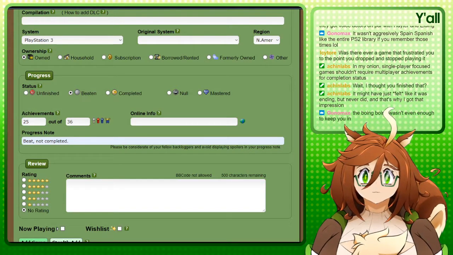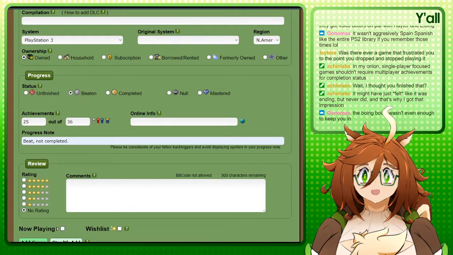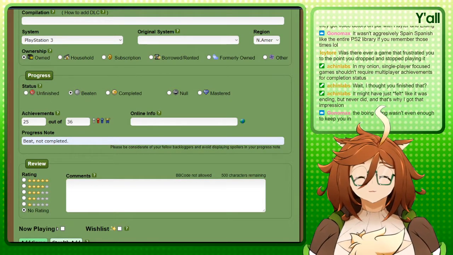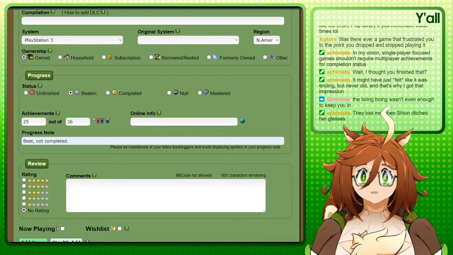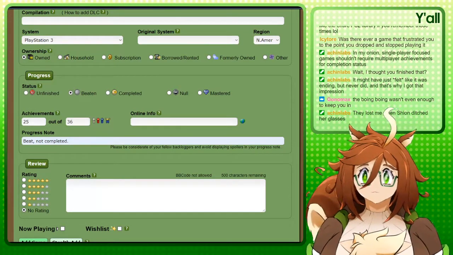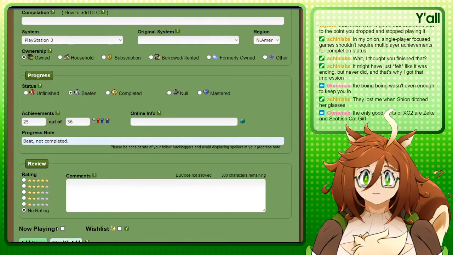Yeah, it might have just felt like it was ending, but never did, and that's why I got that. Yeah, I think Xenosaga 2 was the heaviest on cutscenes. All of them are really heavy on cutscenes, but Xenosaga 2 felt like you were just watching a movie. And not a good one. Okay, the boing boing wasn't even enough to keep you in. Okay, they lost me when Shion ditched her glasses. That was just the worst. The only good part of Xenos...